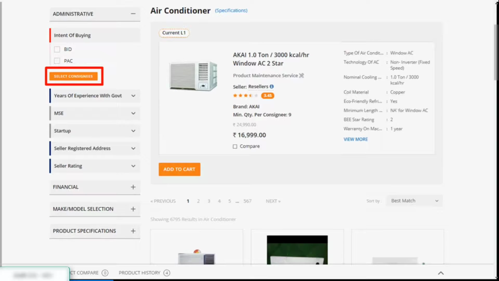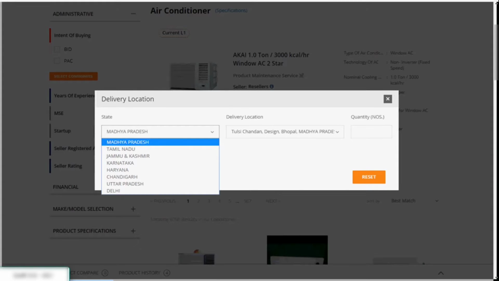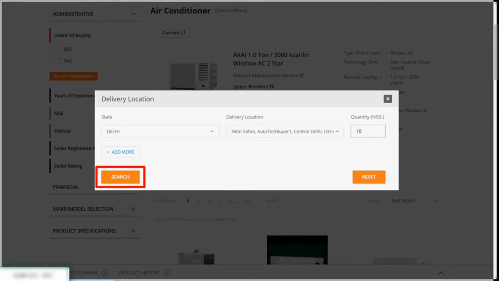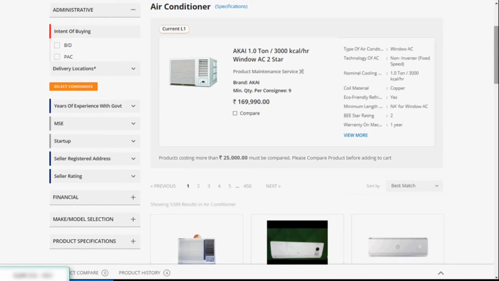Click on Select Consignee. This will give you a pop-up to enter the quantity required for this item. You can also select different consignees for the same order from the state and delivery location drop-down. Click on Search. System will show available sellers who are delivering the required quantity of the product to the consignee's